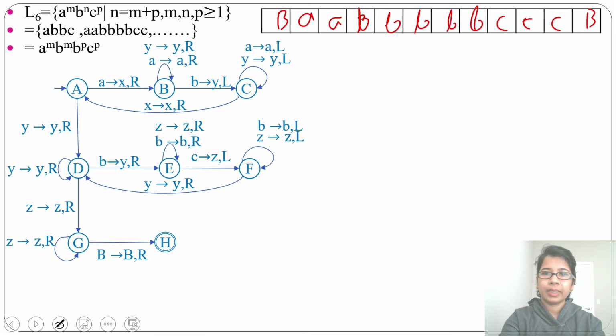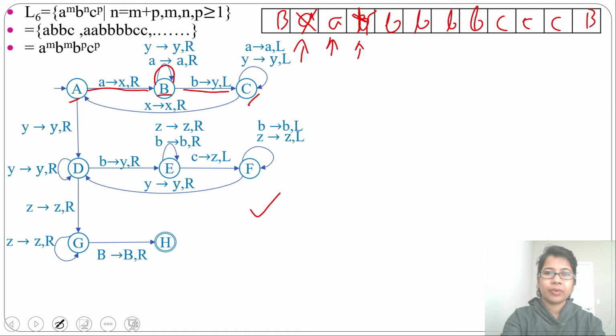Let me run the string 2a followed by 5b followed by 3c on this Turing machine, where at the initial state the read/write head is pointing to a. When it sees a, it will change to X and move right. Now by seeing a, a will be a and it will move right. Now we are at state B, and from B, when it sees b, b will change to Y and it will move left.